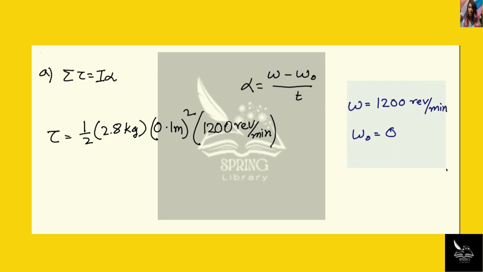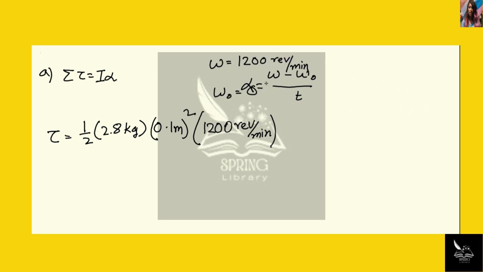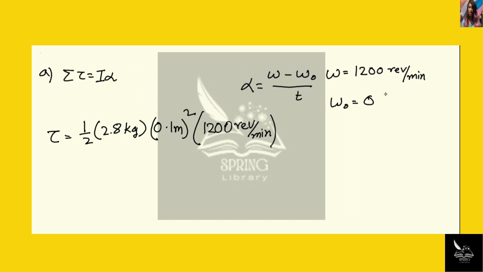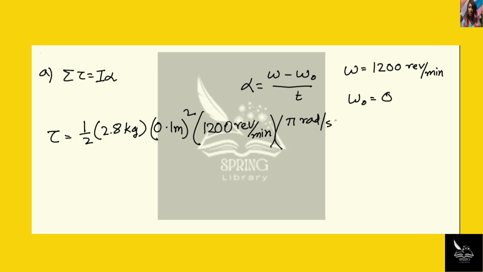So let me move this aside. Let me put it here. All right. So we have pi radians per second, which is 30 rev per minute. And then we divide that by